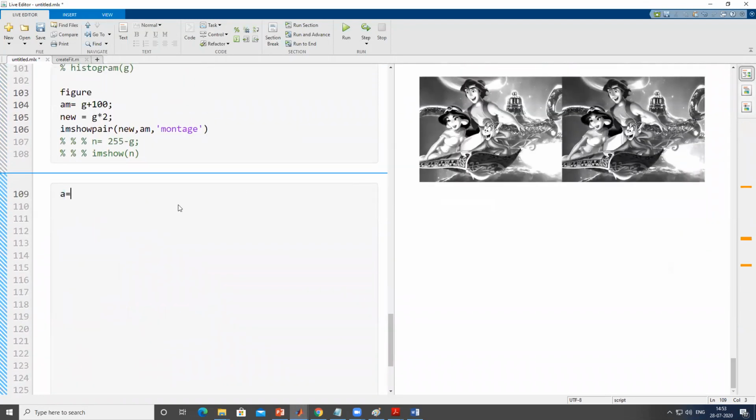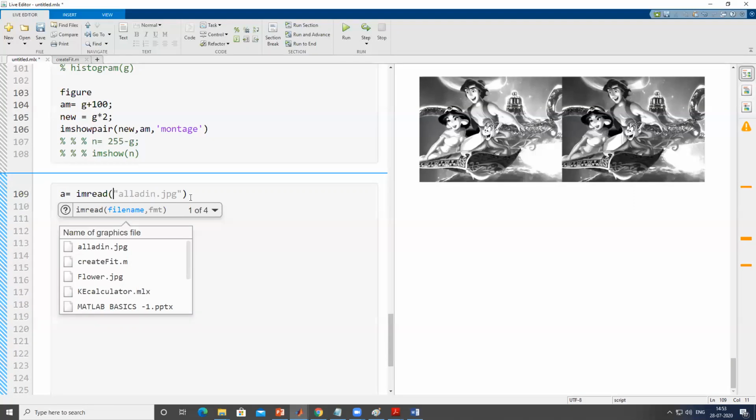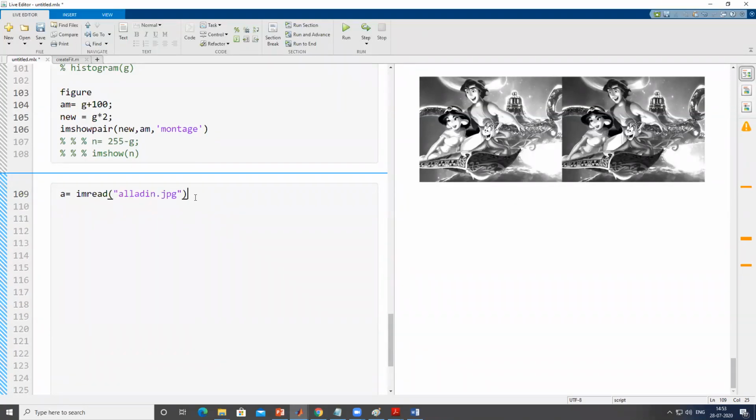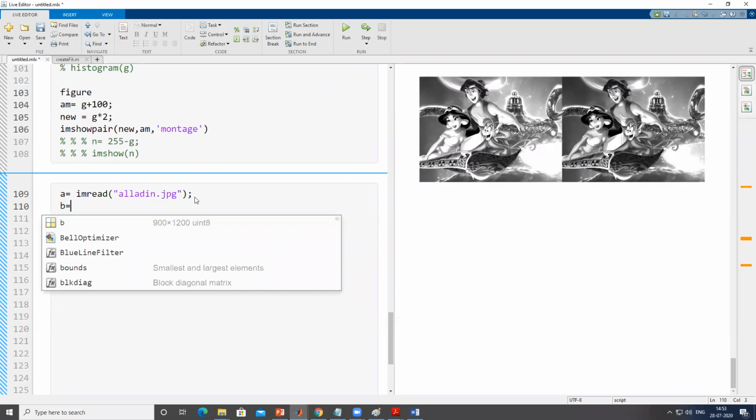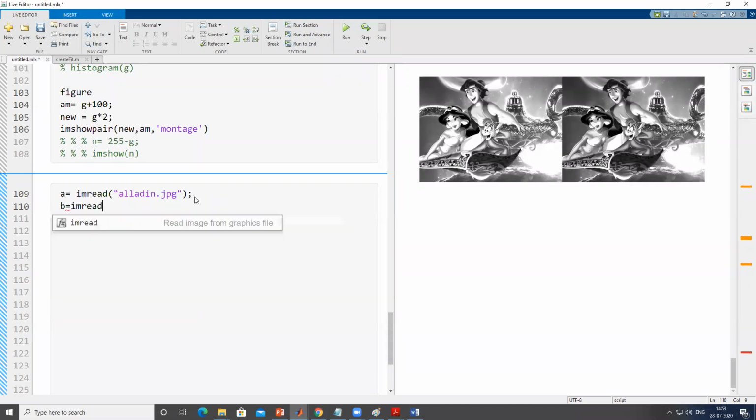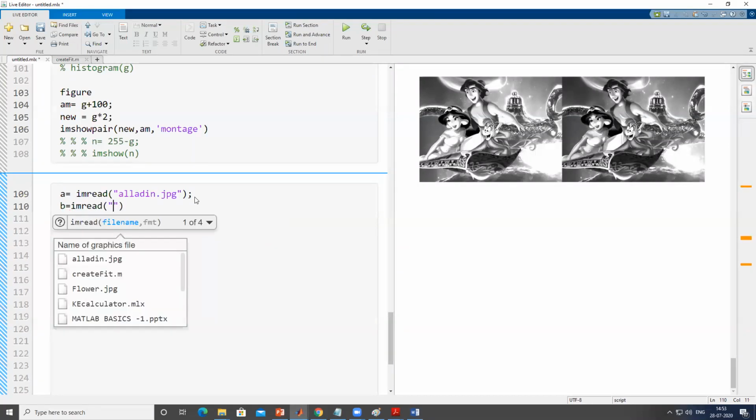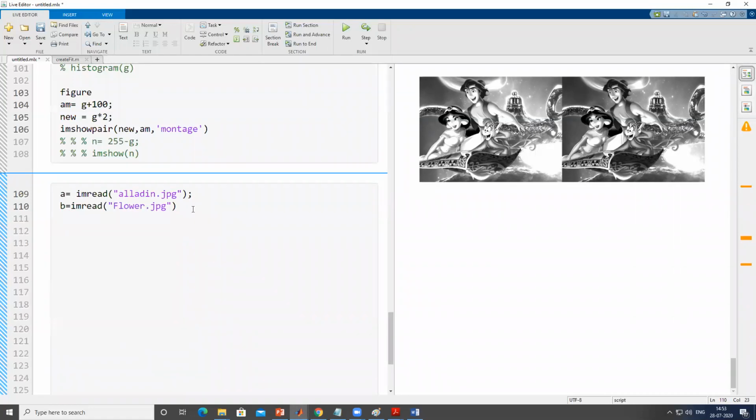Okay, so suppose I again load it with the read command, the Aladdin image in the A variable, and in B I load flower.jpg. Now we have two images, okay. Let's assume this time I run this section without suppression so that I can show you the dimension of the A image and the dimension of the B image.